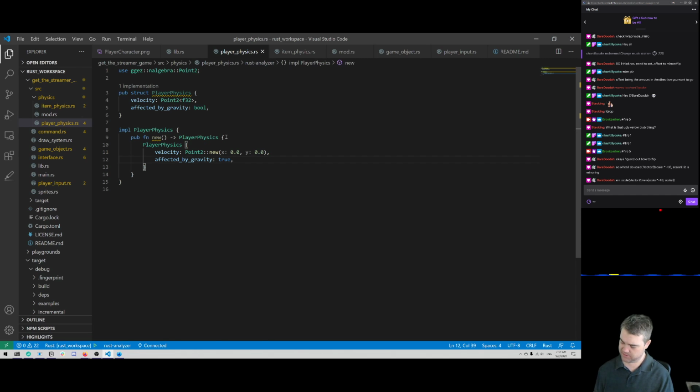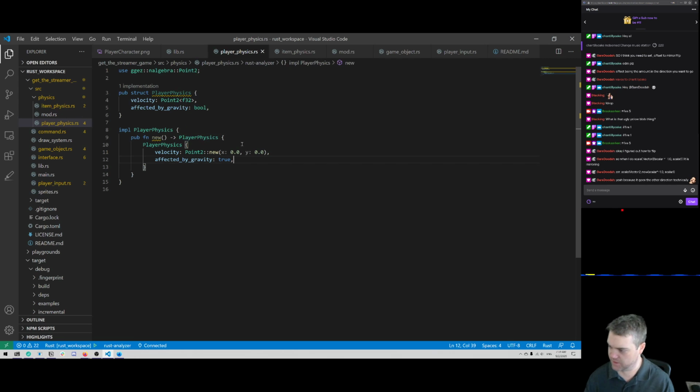That's interesting. You scaled on the negative x, okay. Yeah, because it goes the other direction technically. It scales all the way around, but because it's a 2D object, it flips like that. And then, oh, that's pretty cool. I like that. All right, so we have a brand new player physics, but this obviously won't work unless we